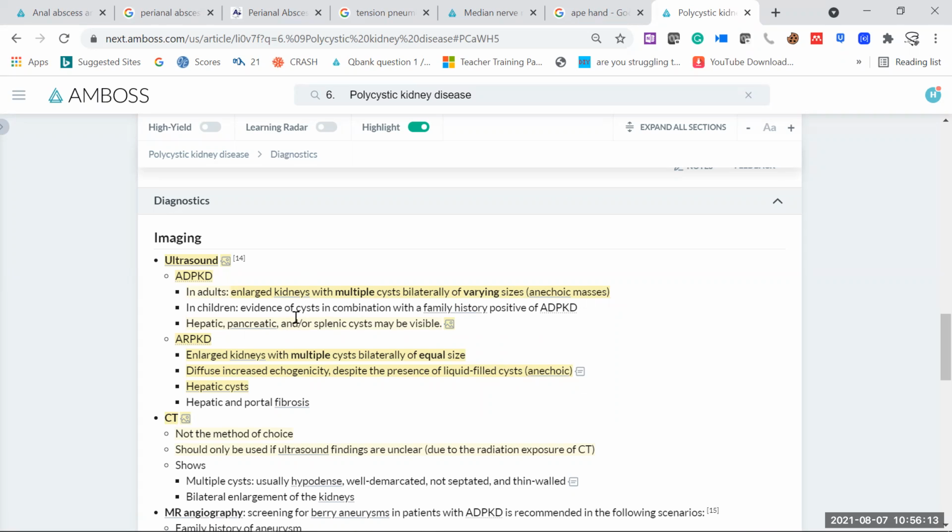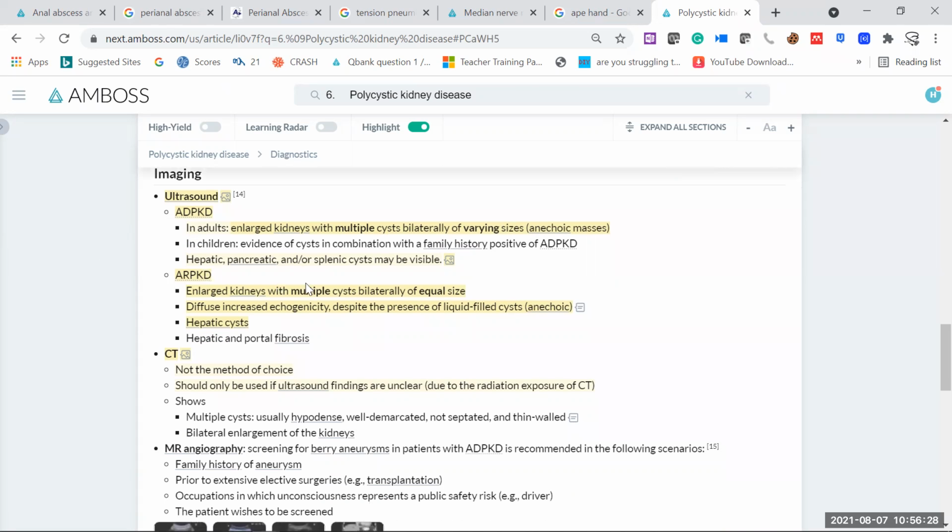In children also, we can see evidence of cysts in combination with family history. So for children, we should inquire about the family history, and we will easily see on ultrasound these multiple cysts inside the kidneys. And not only there, you can also find the cysts in the liver, pancreas, and spleen as well. For the adult one,